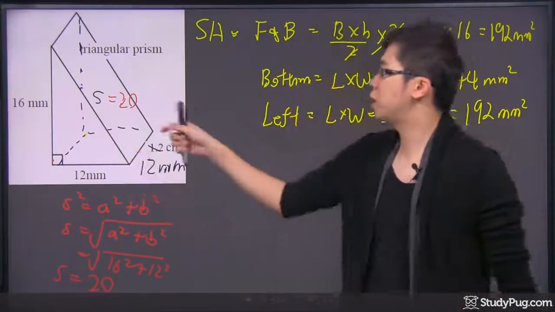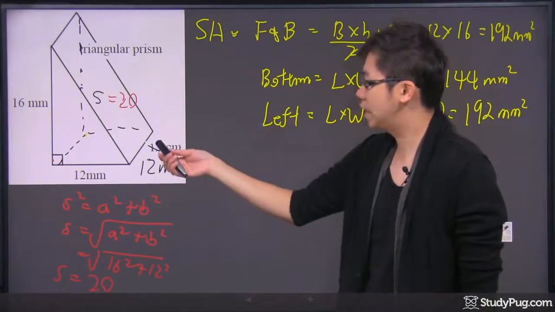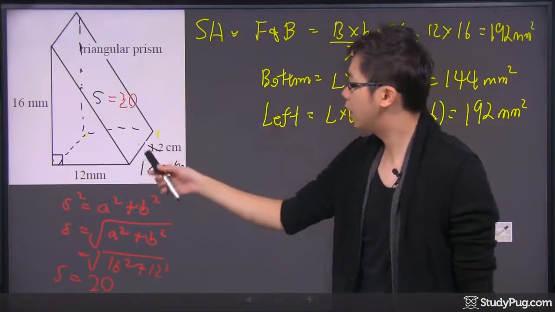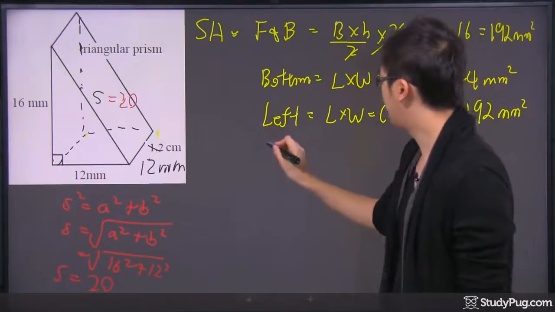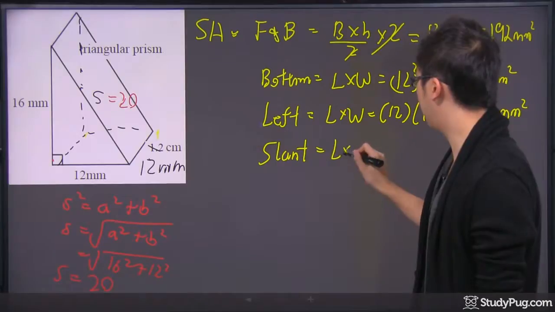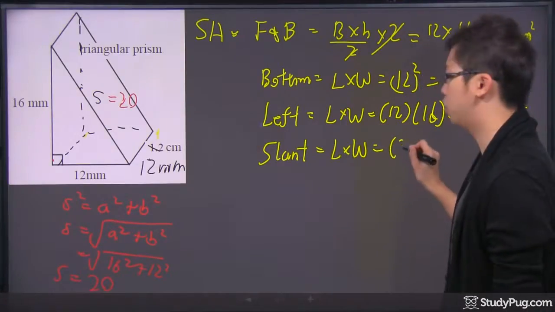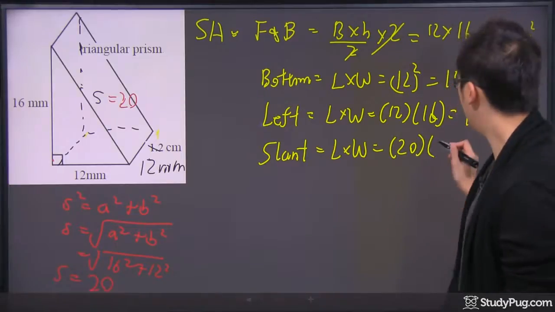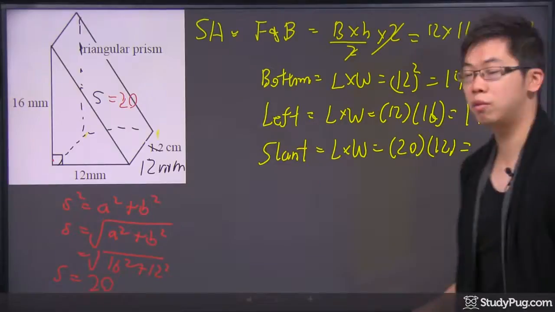Now remember, the reason that we calculated the S is so that we can get the surface area, because the length is 12 here, and then the height would be 20. Okay? So let's call it the slanted side right here. We got the length times the width again. And you can put in any number you like in any order, because you're doing multiplication anyway. 20 times the 12, okay? We got a nice number right here, is 240